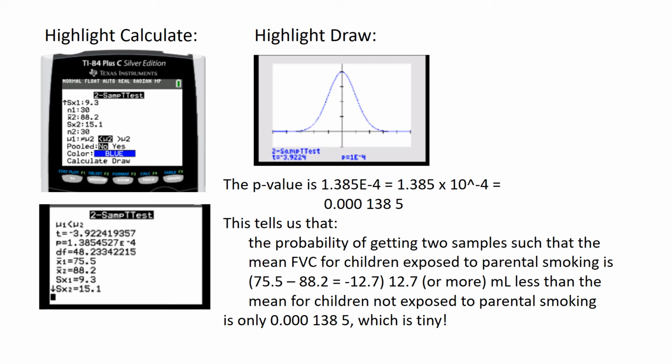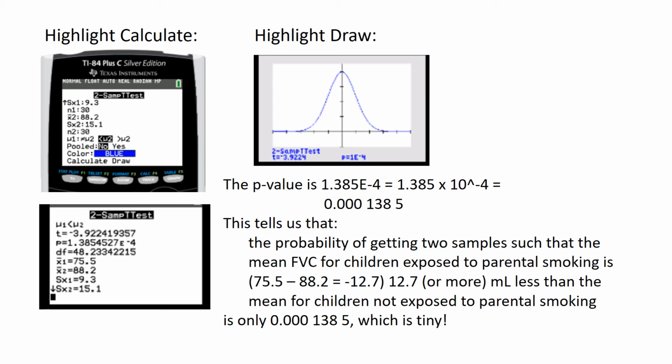And what this p-value tells us, a p-value always tells us the probability of getting our sample results or more extreme if the null hypothesis is true. In the words of the problem, the probability of getting two samples such that the mean forced vital capacity for children exposed to parental smoking is 12.7 milliliters less, or even more less than that, than the mean for children not exposed to parental smoking is only